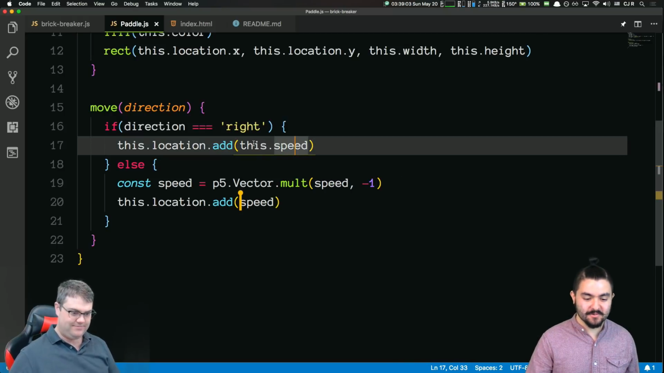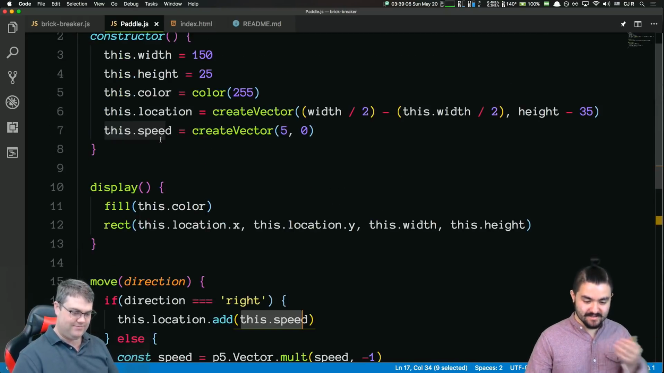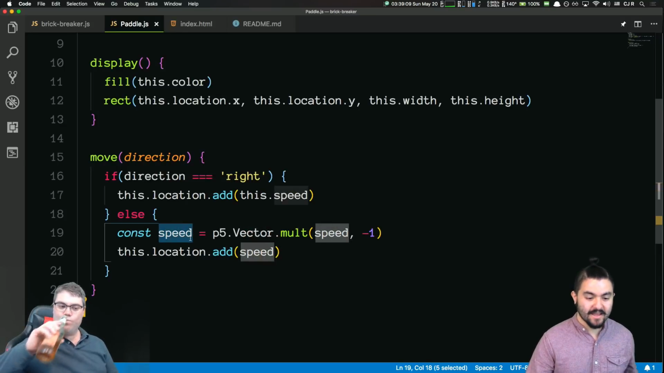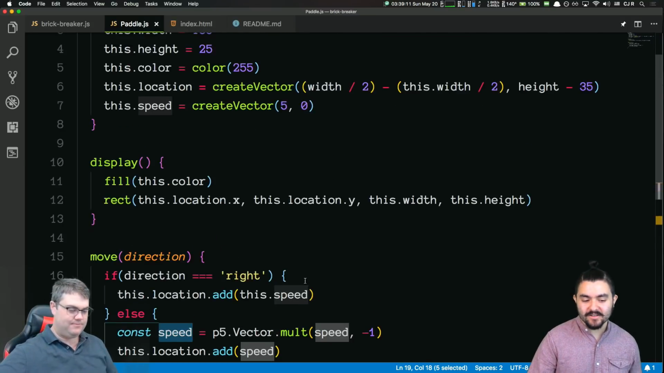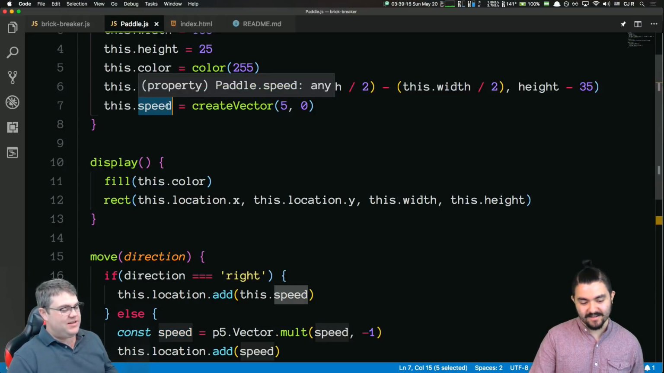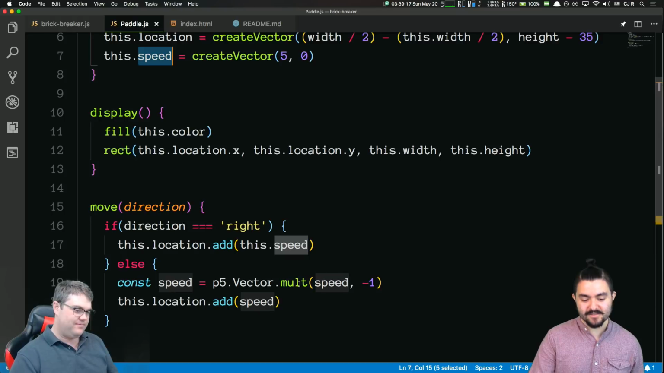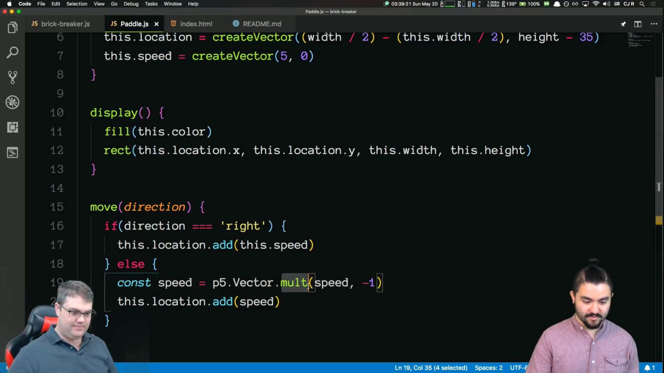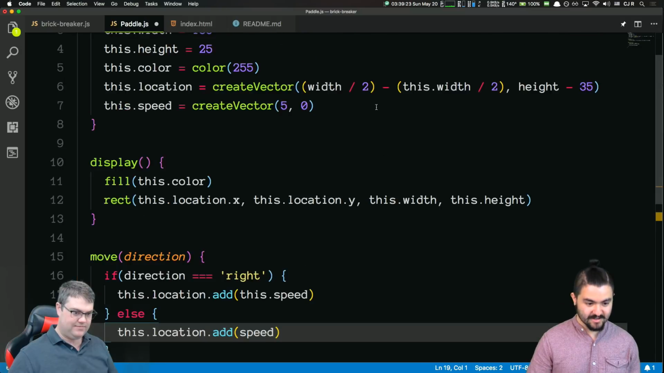Yeah, so in this case, we want to use our built-in speed because it's positive, and in this case, we want to use this variable speed because it'll be negative. I guess technically, we could just store right speed and left speed. I think let's do that because that way we don't have to calculate this every time. We can pull this up here, and we can say